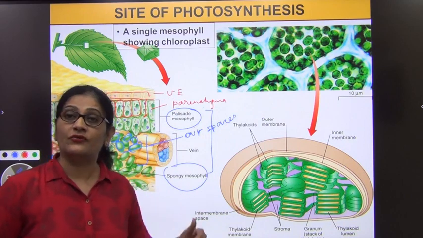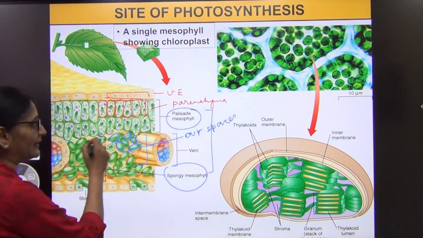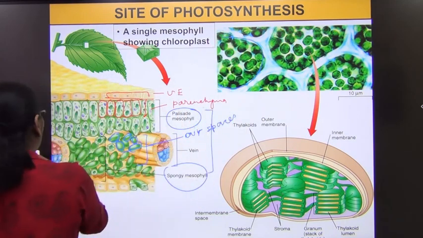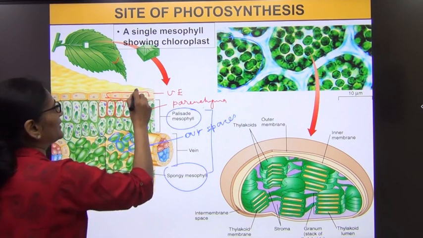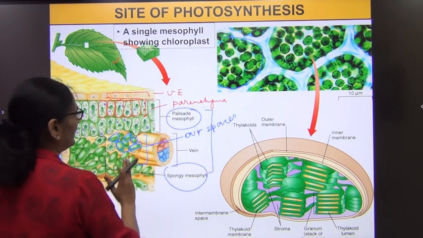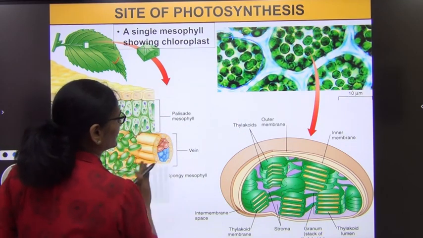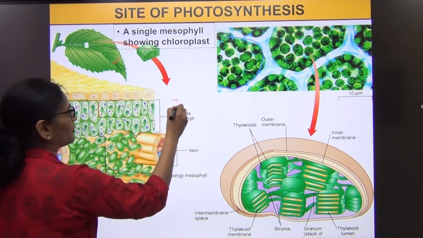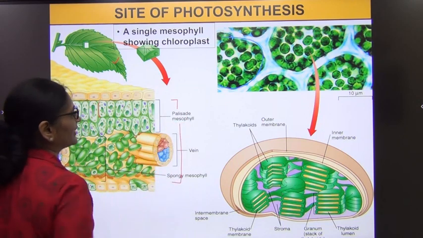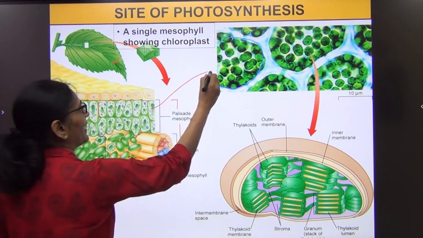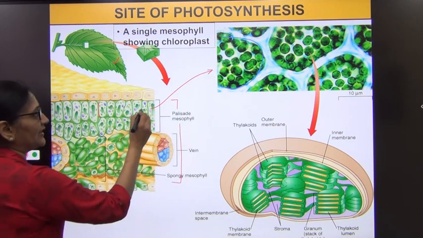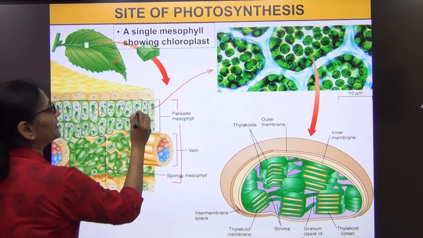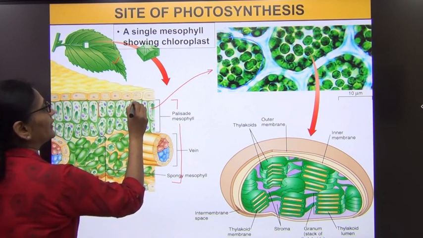Within the leaf you saw that these are parenchyma cells. Now I am taking out one parenchyma cell. This is your leaf, and within the leaf is this mesophyll layer. Let me wipe everything extra so that it is a little clearer. This is the leaf, and the middle part of the leaf, from here to here, is called mesophyll. The mesophyll has parenchyma cells, and if you notice, these parenchyma cells have abundant green colored organelles called chloroplast.